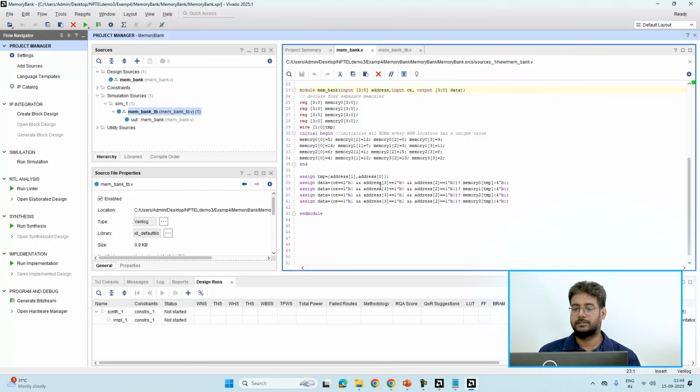Suppose the address is 0 0. That means it will go to memory 0, and if it is found to be true, it will store 5. And if it is not found to be true, it will store Z, that is the high impedance state. Similarly, for chip enable equal to 1, address 0 1,